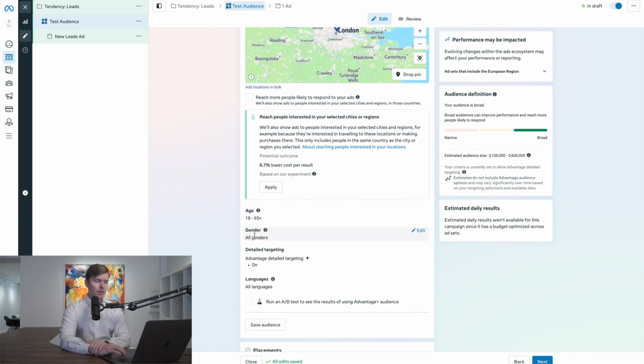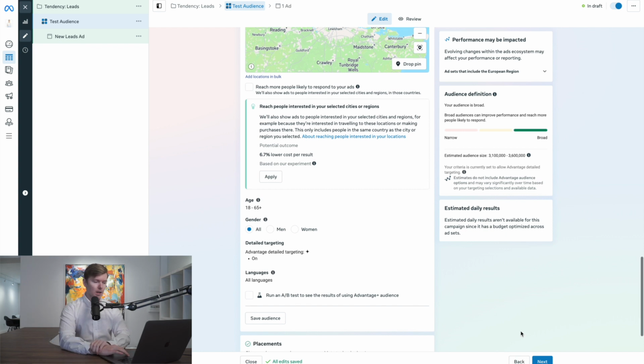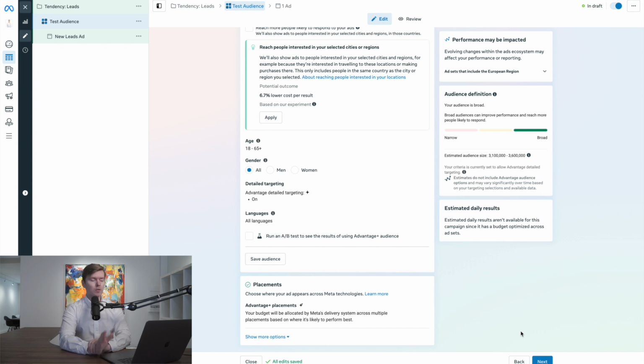Then underneath, we can pick a gender. So again, we can pick all, we can pick men, we can pick women. Again, pretty simple stuff. If you are only helping men get in shape, of course, you only pick men right here, and etc. If you're only helping women, then you pick women. If you're helping everybody, then go with that. But oftentimes, the more narrow you can do it, it's just better. You don't want to make it very, very narrow. But if you can just give Facebook kind of a direction to go in, it's going to figure things out faster and give you a little bit better results faster.